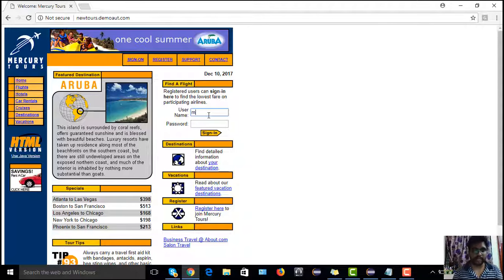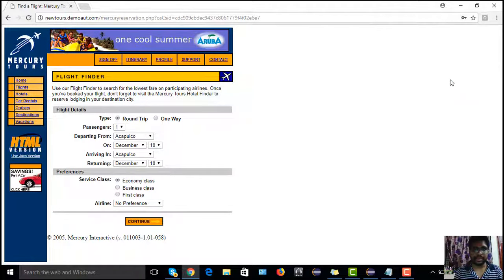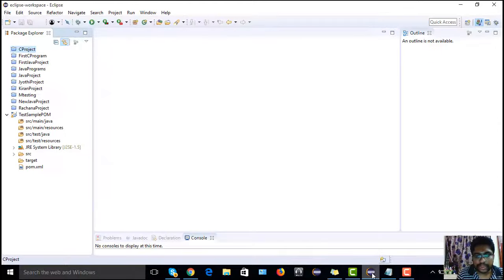So the username would be Mercury, password would be Mercury, and click sign in. So we have to verify the page title of this particular page. Yes, so let's start doing it in the traditional regular way without implementing page object model.